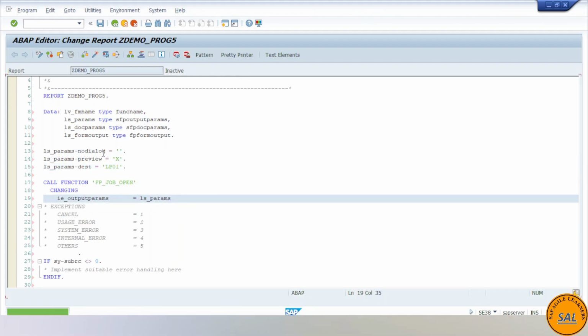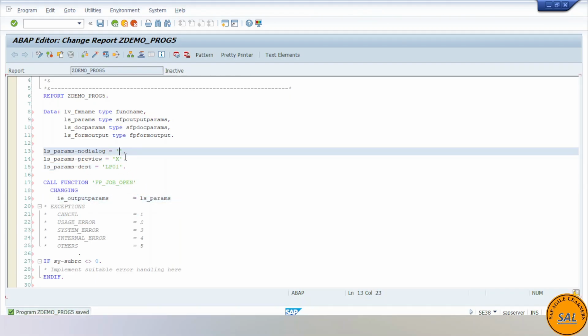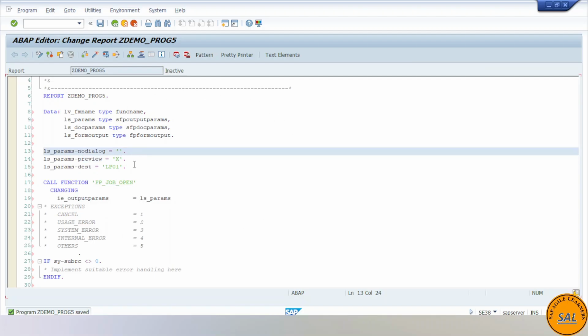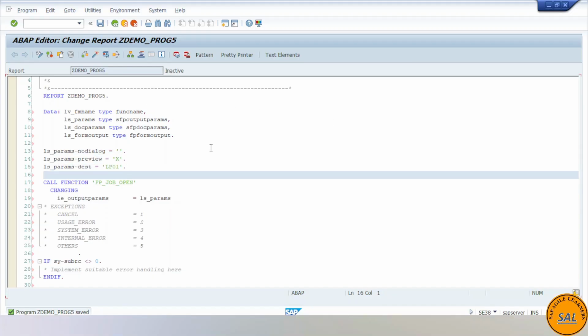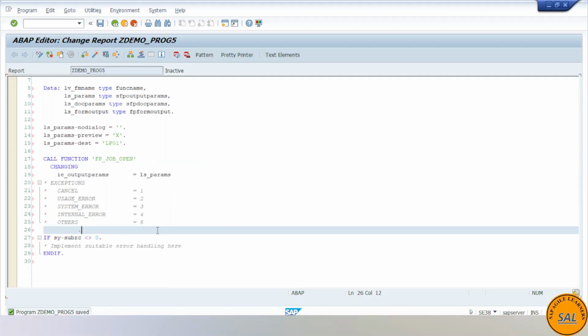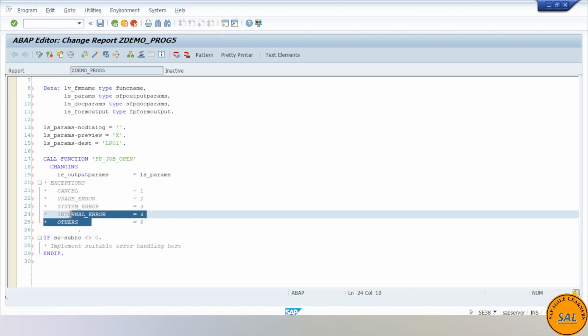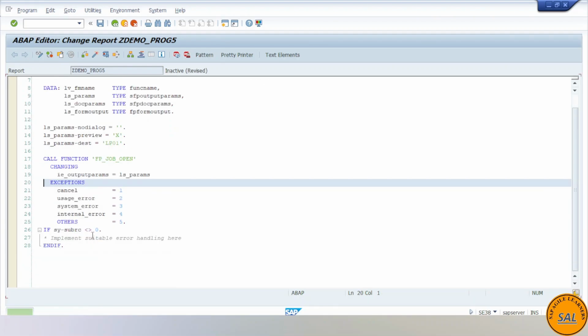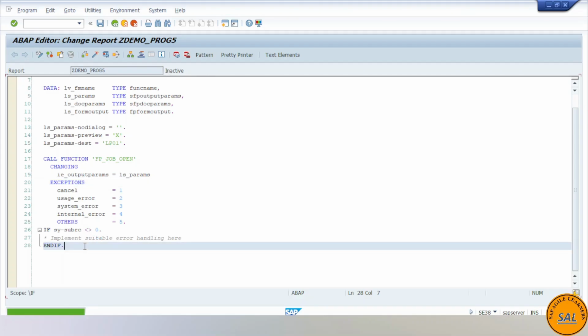And if you pass NODIALOG equal to space, it will not show you a pop-up asking what destination you want and what other details you want to pass on the preview pop-up. If you make it blank, it will not come. If you make it X, then that pop-up will come. There you can pass your LP01 or any other necessary values. So we have added this, and now we can even enable these exceptions, so that's not an issue. Just do the pretty printer, and now